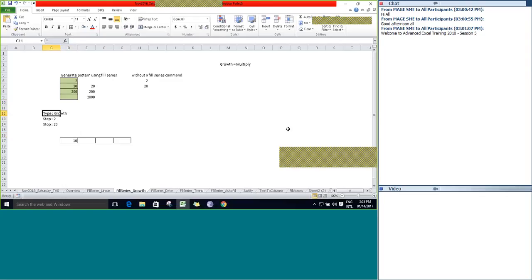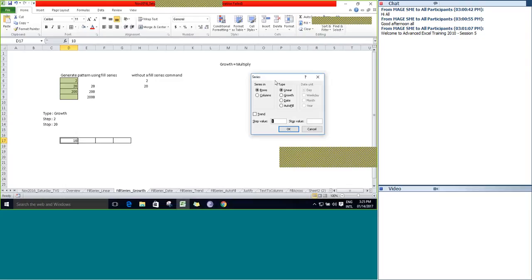Similarly, we'll see another scenario here. Type as growth, step as 2 and stop as 20. Go to fill, go to series.